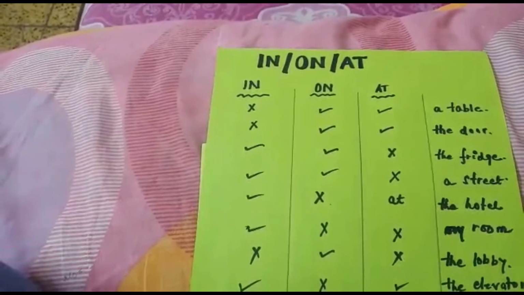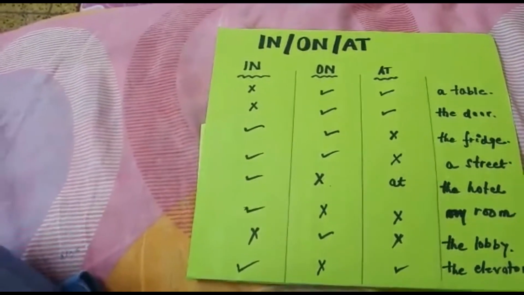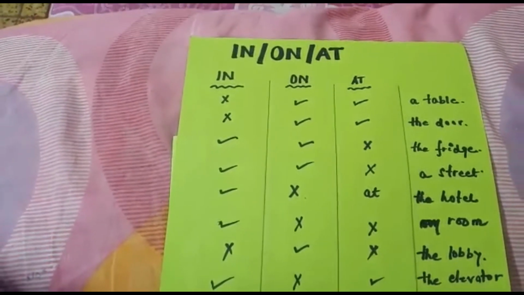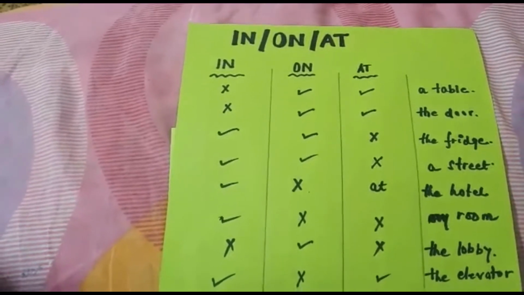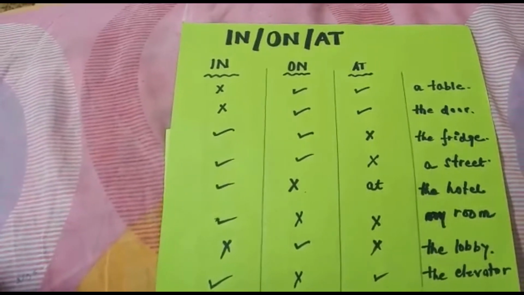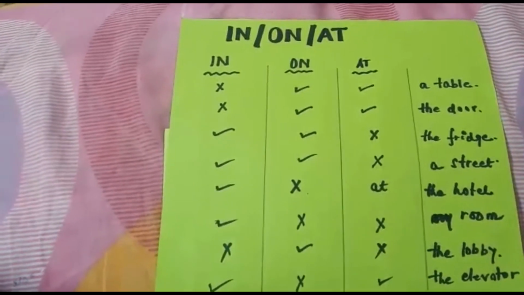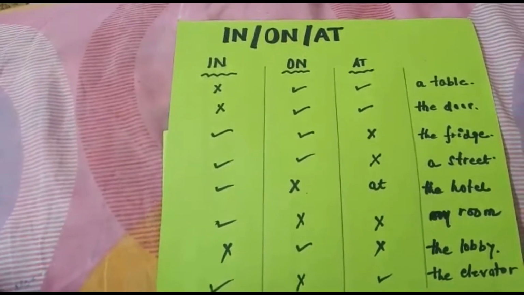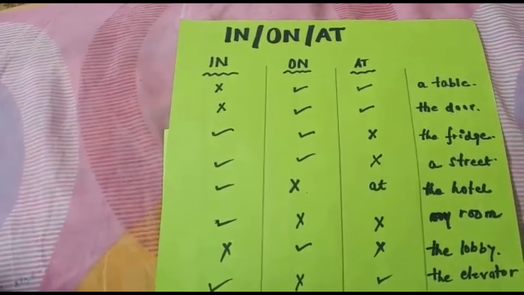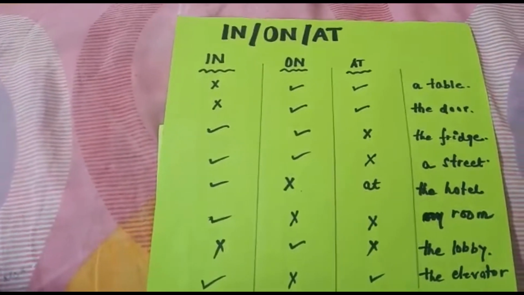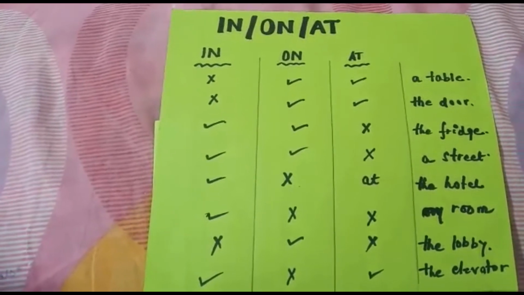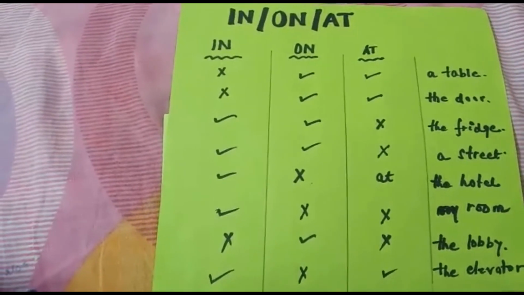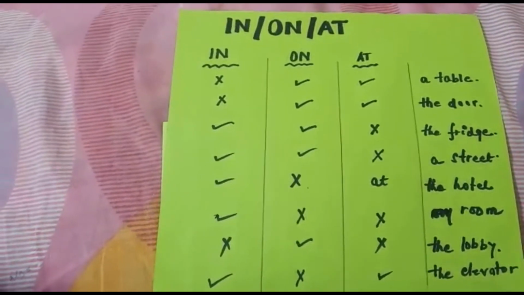So, "in" tells us when one object is inside some bigger object. One example I will give you, like I put some coins in a box. Okay. As I told you, when one object is inside the bigger object. Now, in this sentence, I put some coins in a box. Coins is one object and box is one object. The box is the bigger object. Now, coins are completely covered by the box. Okay. It is inside. So this is where we use "in" when one object is completely covered by the bigger object or it is inside the bigger object. Next, I will tell you when do we use "on" or what "on" tells us.